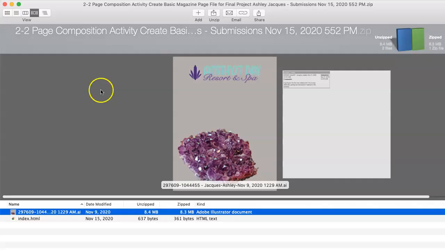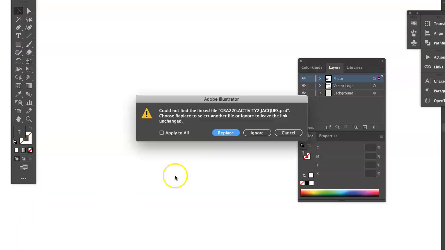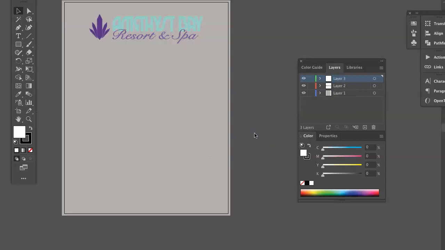Ashley, this is your 2-2 exercise, the layered Illustrator file. And the preview that Illustrator builds for it is actually a small PDF or JPEG, and so it will show the silhouette that you imported. But when I open it, let's just see whether you embedded or linked. Okay, so here it says that it's missing a linked file. So it's important to understand the difference between linking and embedding. I'm just going to click through this, ignore.